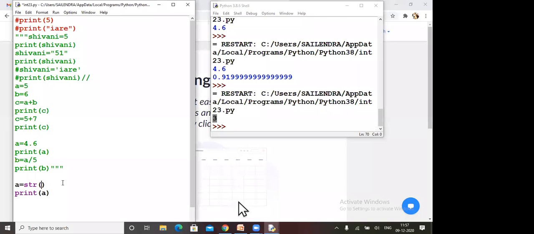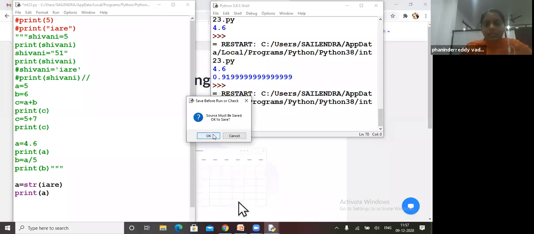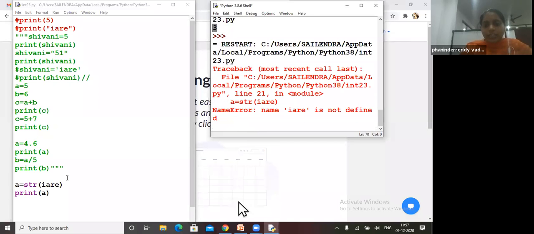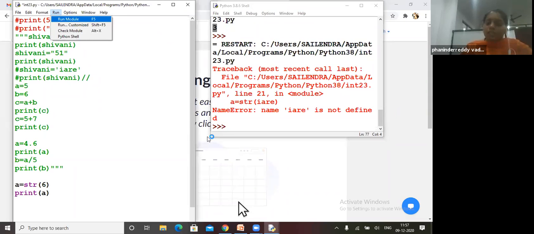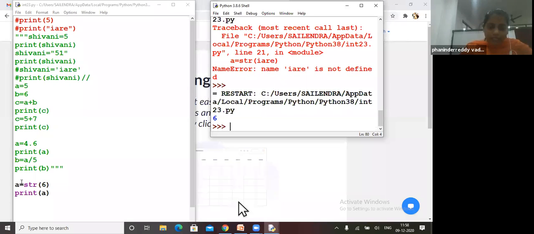If I write here and run this, we are not getting anything. It means nothing is converted here. Any number we write here is converted as a string. If I write integer here,